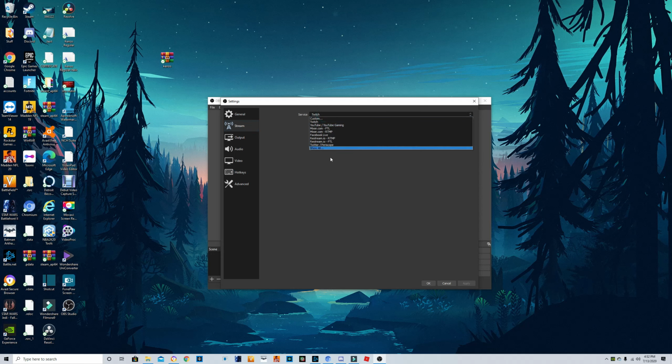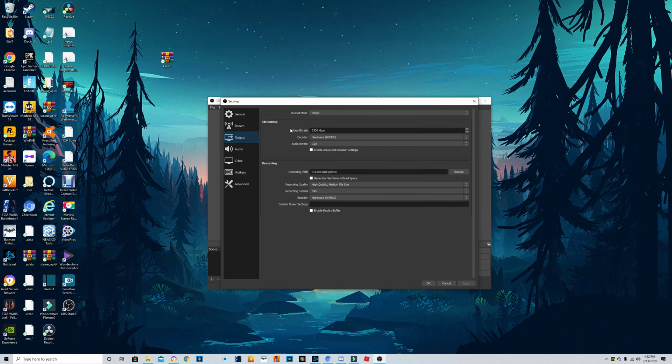Here you can connect your accounts from YouTube to Twitch to Facebook, Twitter. You can connect all of them if you want. Yeah, so if you want to have a better experience and you're really a streamer, then you can connect your account from here. Next thing you can go to is output, and here you will see your video bitrate, audio